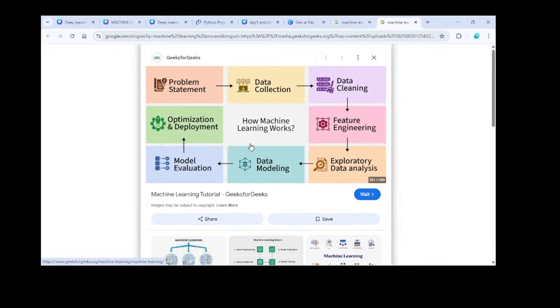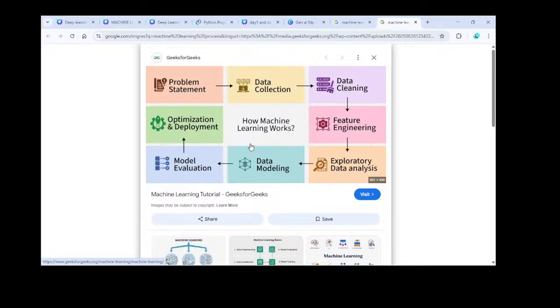This is the process. The first step is we need to define a problem statement. We need to understand what problem we need to solve based on this machine learning concept. So we need to understand this first, and the second step is